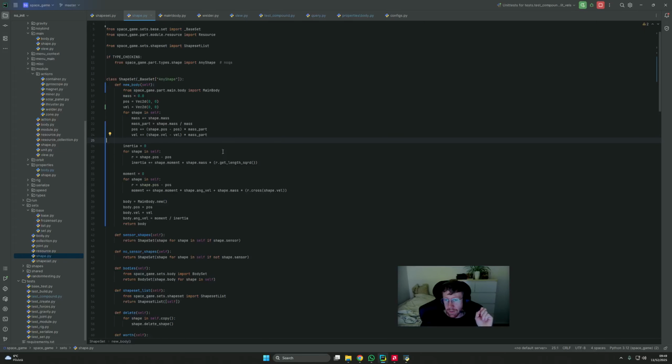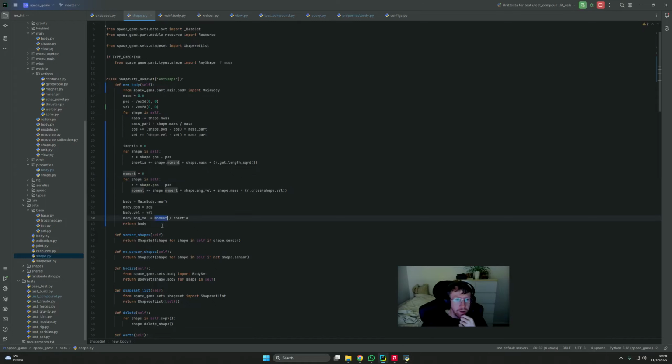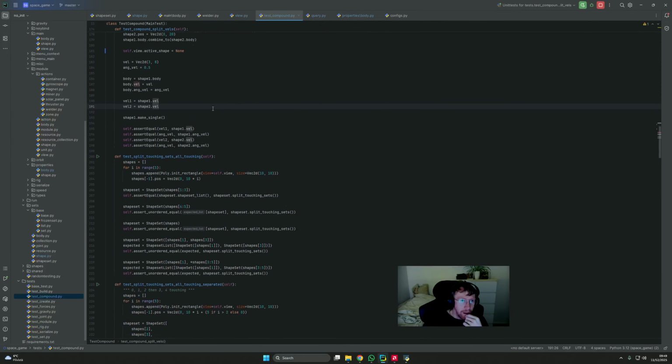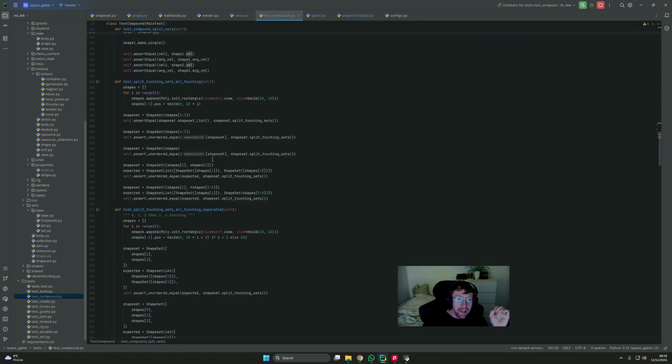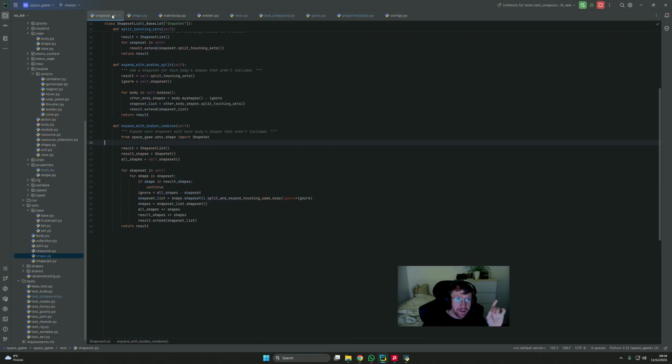Then the last remaining piece is to get the angular velocity, and this one requires some heavy math. So apparently you divide the moment by the inertia, and that's how you get the new angular velocity. And apparently this is how you get the inertia and moment using the cross product. Yeah, this is beyond me, but it seems to work really cool. So I made a lot of tests, and we got some cleaned up methods for the shape set and the